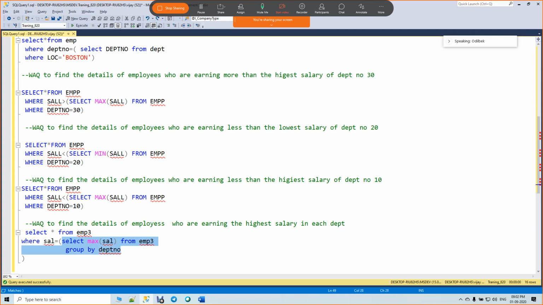Earlier it returned only a single row. When it is returning multiple rows, you need to use the IN clause. Now salary in 10, 20, 30, 40. When it returns only a single record, equal to will work. If it returns more than one record, you need to use IN. These are the two modifications you need to make in your query.